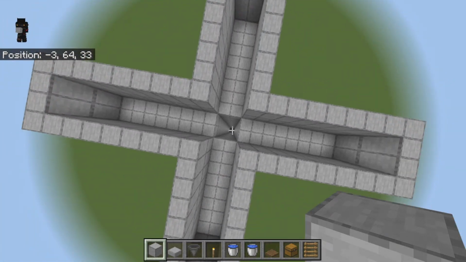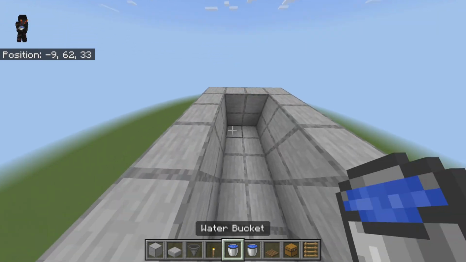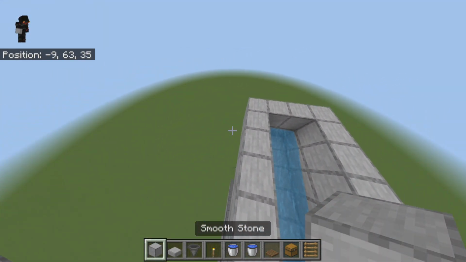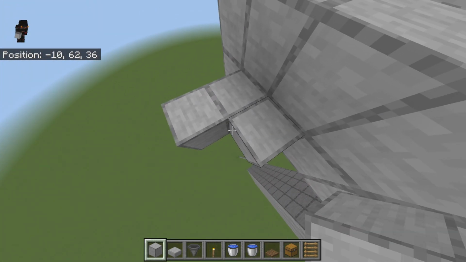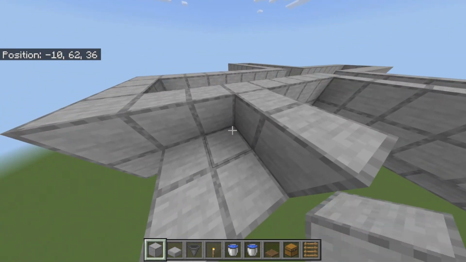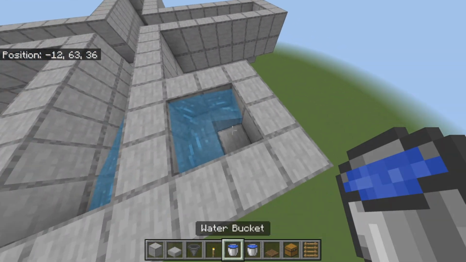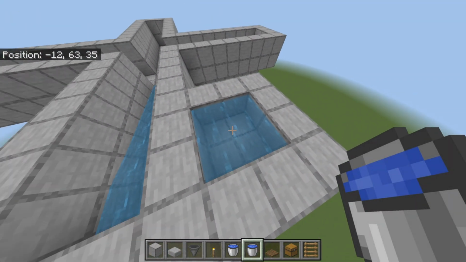After you have built the 2 block high wall on each side, place your water like this on each side. By the way, you can build an infinite water source on the side of the mob farm temporarily. So to do that, go like this, place 2 and 2, make a 2 by 2, and then place a 2 block wall right here, 2 block wall right here, and then a 4 block wall right here. And place a water right here and a water right here on each corner. It could be the other corners too, but